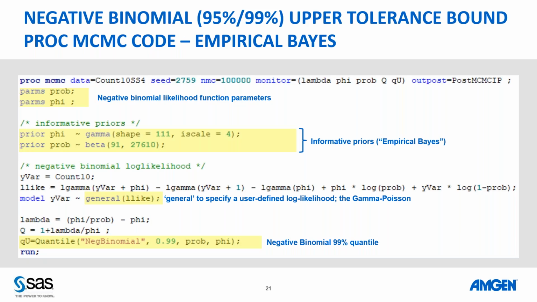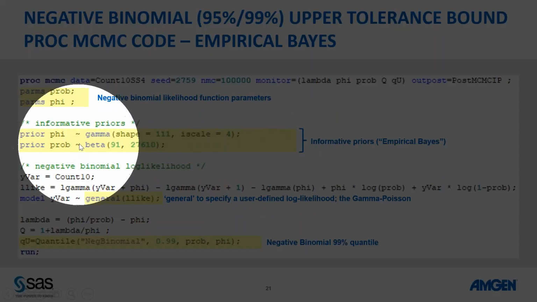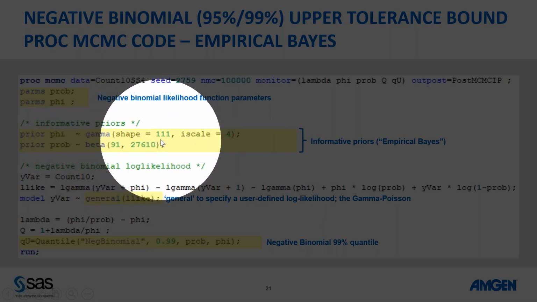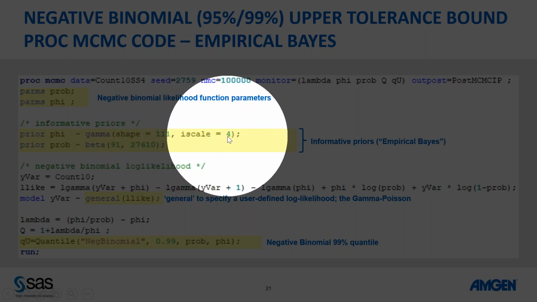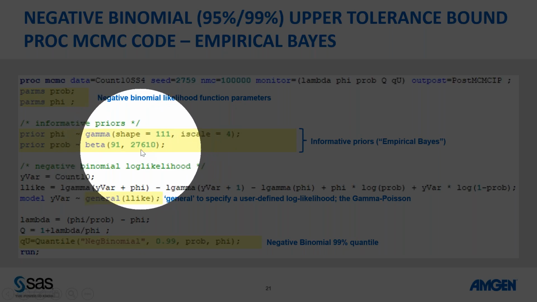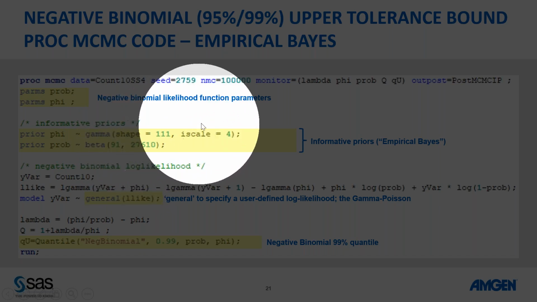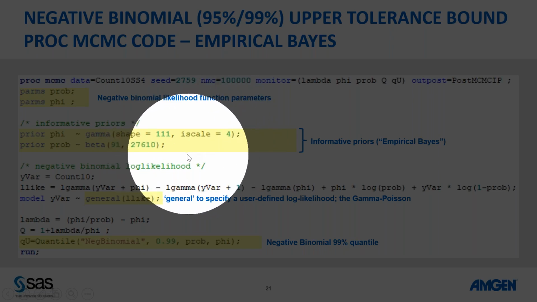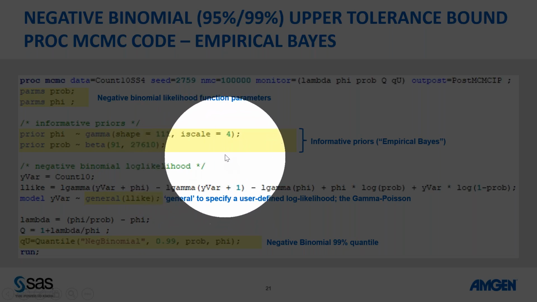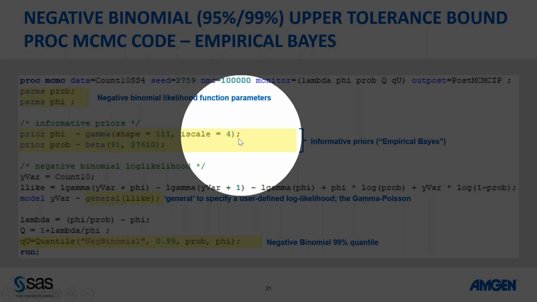Now that we have the priors, we know what the priors are. If we know what the approximating prior needs to be, we know what the parameters need to be, and they essentially capture data information from the 199 observation data set. They are the gamma with the shape and scale parameters, and the beta with 91 and 127,000 as the beta parameters. And by the way, this is a typo. This should be 44.